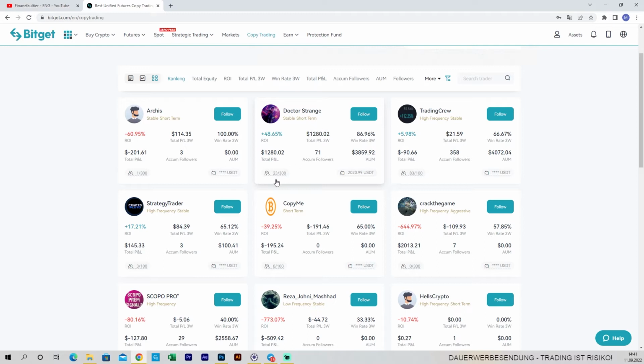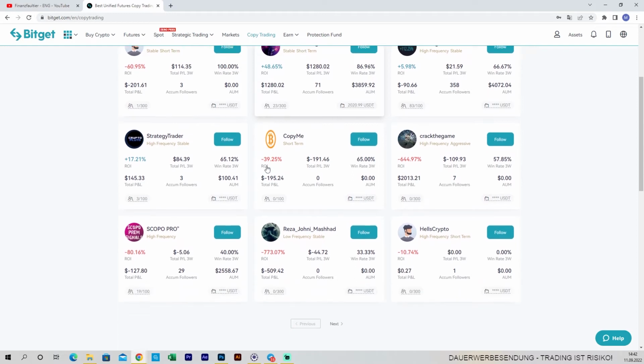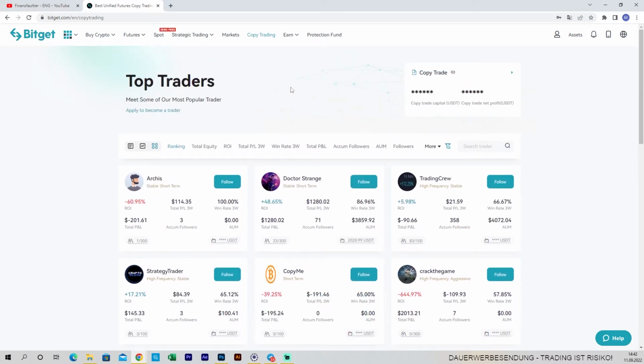I usually try to find traders with a lot of followers, a lot of assets under management, good ROI, good total profit and loss percentage, and obviously the right win rate. When I see a 100% win rate, this cannot be true. There's nobody who can trade with 100%, you know what I'm saying? So I check if there's somebody around the 70 to 80% range, because I think everything above that might be a little faked. It might be that every trade in the negative is still open and not closed, something like this, to try to make up a better win rate percentage.